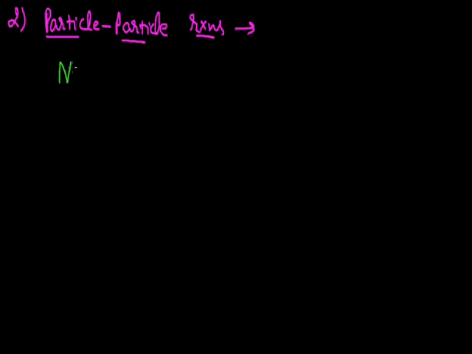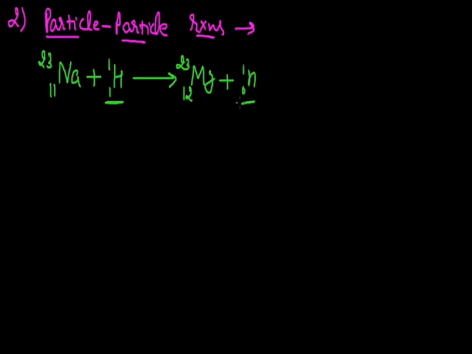Such as, if I talk about the nuclear reaction of the isotope of sodium, here I am using Na-23 (atomic number 11, mass number 23). When it reacts with an elementary particle, and here I am using a proton as the elementary particle, then by the nuclear reaction an unstable isotope of magnesium, that is Mg-23 (atomic number 12), is formed, and that results in the formation of one more elementary particle, that is a neutron here. So here we can see that an elementary particle is used at the reactant side, as well as formed at the product side also. Then these reactions are defined as particle-particle reaction.